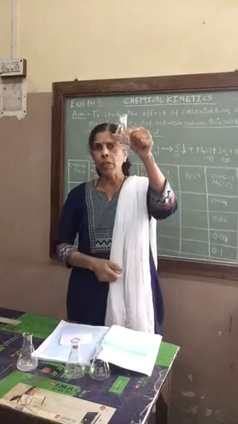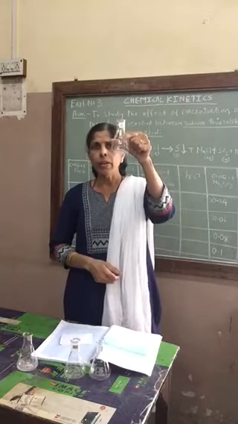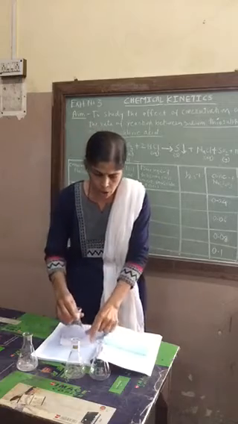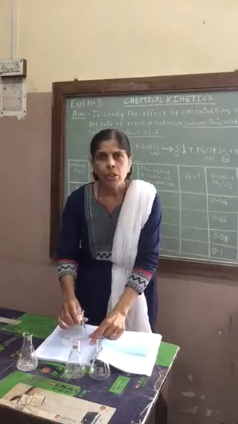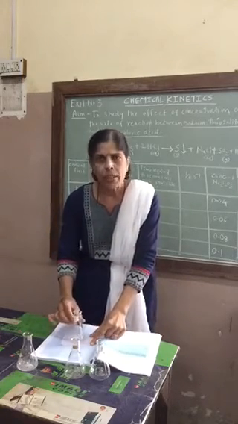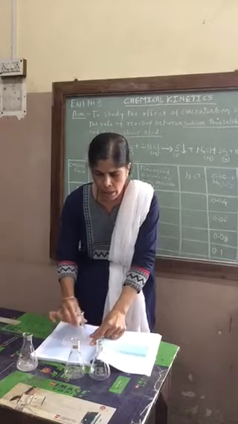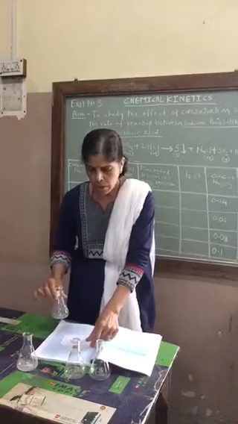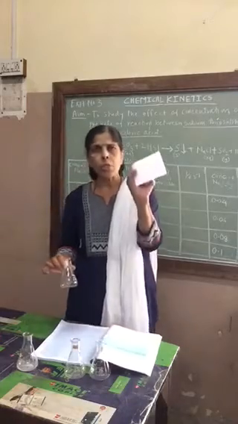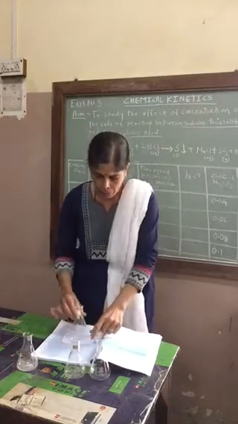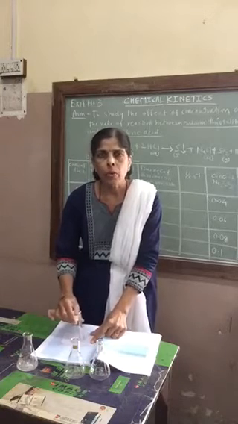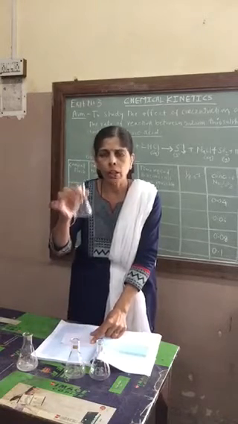Some solid particles will be deposited in the solution. Because of that, after adding HCl, you are going to immediately start stirring this solution on the paper on which the cross mark is drawn. You are going to keep the conical flask on it and move it round.